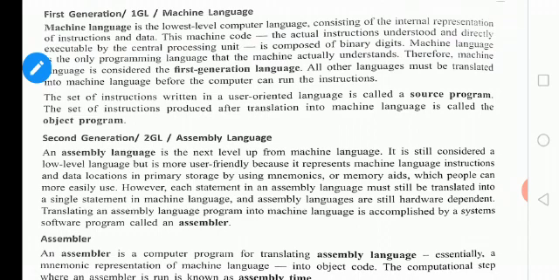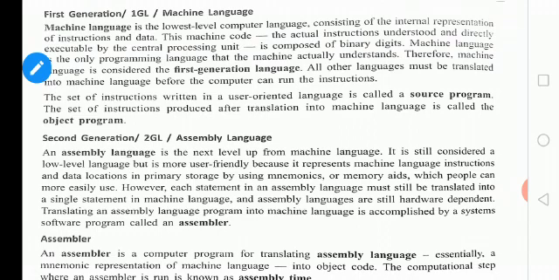Each statement in an assembly language is translated into a single statement in machine language, and assembly language is still hardware dependent. It depends upon the hardware which is used. Translating the assembly language to machine language is by means of an assembler. Do you remember assembler? Compiler, assembler. You will be reading this in the coming classes. The work of the assembler is to translate the assembly language into machine language.